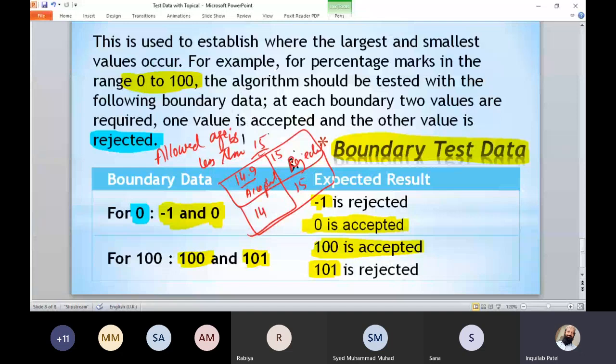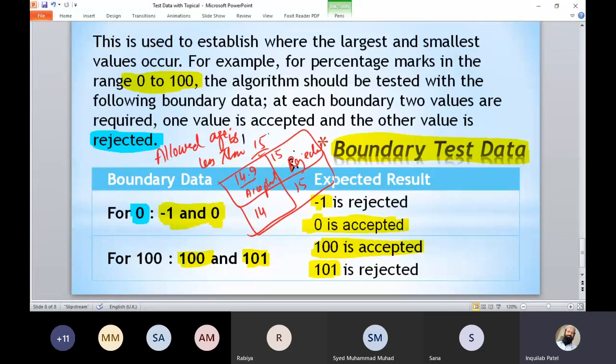If in a question it is mentioned that the weight of blocks is asked to be entered and the allowed weight is more than 50, so 50 is not accepted, right? So we cannot use extreme data in this situation, because in extreme data we have a maximum or minimum value. Allowed weight is more than 50, it means 50 is not the minimum value, so we will not use extreme data. Here we will use boundary data.